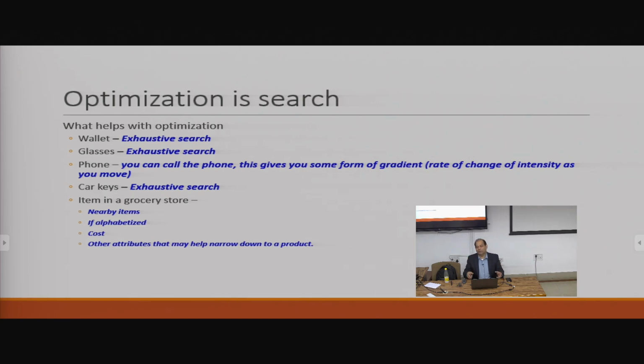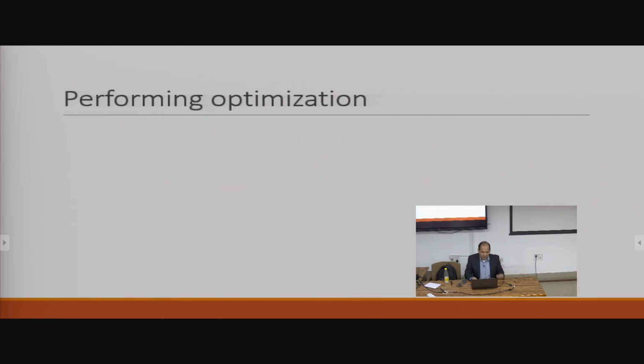So if I'm looking for laundry soap, I may go to the household section, right? That's a heuristic that we use. Every once in a while, stores will surprise you by putting something in an unrelated area, but the general idea is there, right? So all these techniques we use in real life. You take that and you transpose that to the design space of a system and finding the best solution there. You're performing a search. Okay, so with that,